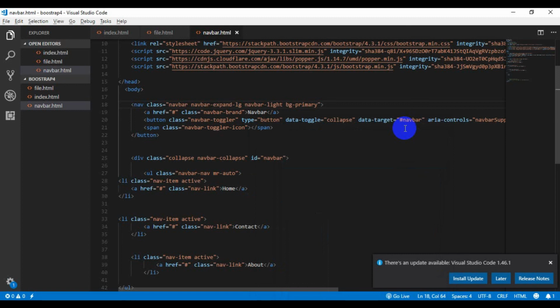We are going to cover more lessons on the navigation bar, where I'm going to explain different styles of navigation bars with different methods. We are also going to cover some different navigation bars, like the dropdown navigation bar, and a different type like a navigation bar on a picture.